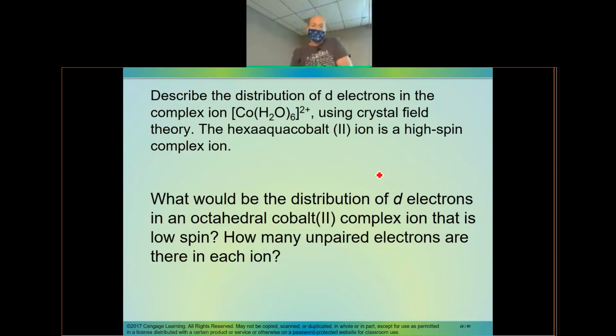All right, so now they switch it to cobalt. So we have a hexaaqua cobalt(II). You find cobalt on your periodic table. The number above your cobalt is 9. So on the periodic table, I looked at cobalt. Cobalt 0 would be a d9. But this is cobalt plus 2. So now we have cobalt plus 2,